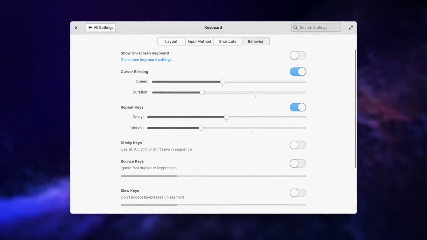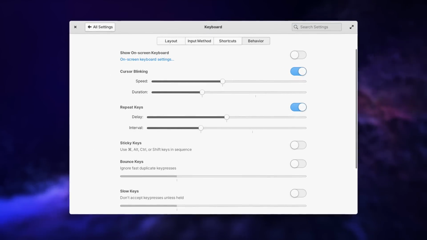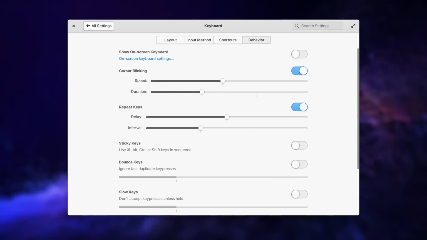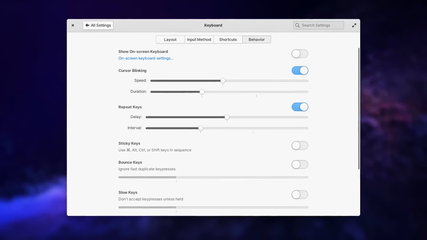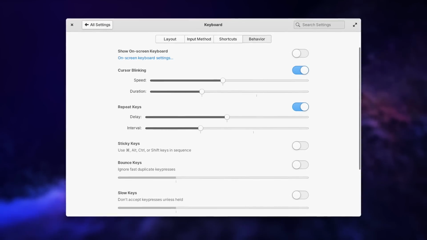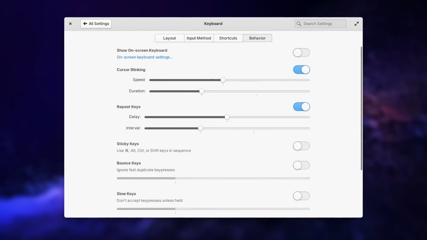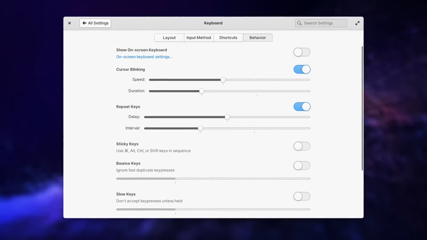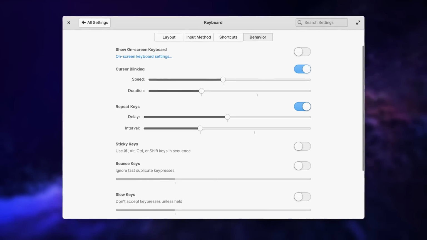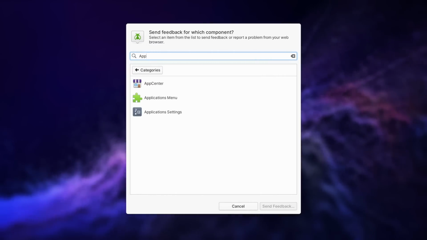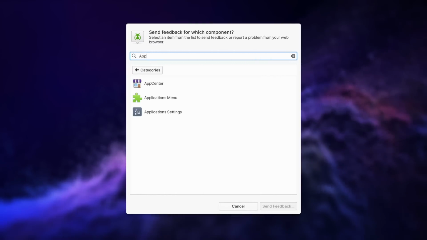Keyboard navigation has been improved, letting you now switch between windows of the same apps, and custom keyboard shortcuts can now access a wider range of keys. In the process, the keyboard settings have been completely revamped with new settings for bounce, slow, and sticky keys. All these settings, but also the mouse and touchpad settings, will be matched now on the login screen. The Feedback app got a search field to let you find the topic you want to report a bug against,